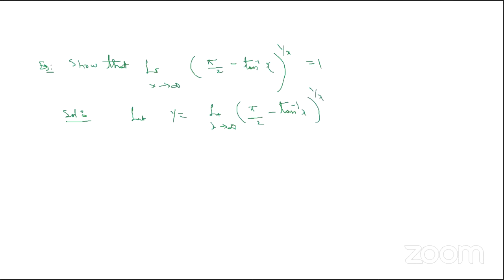By taking logarithm on both sides, apply logs both sides of the equation. Log m to the power of n can be written as n log m. Based upon this law, we can write: